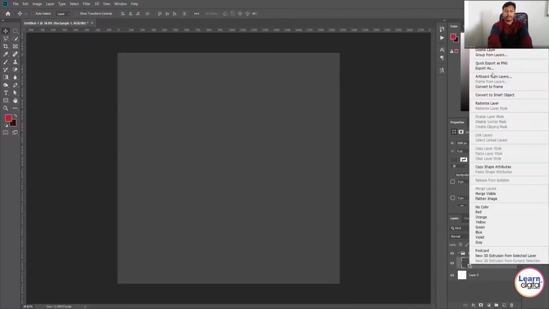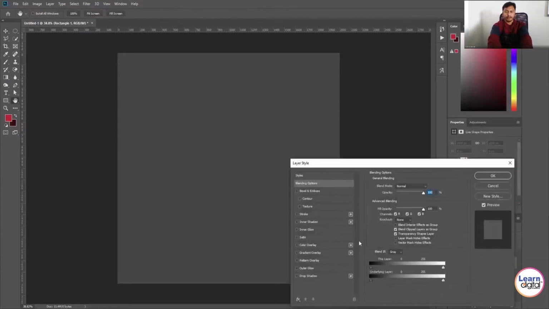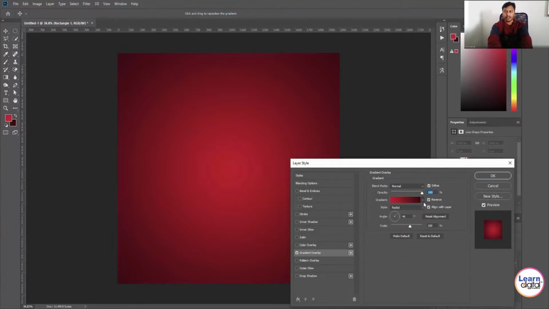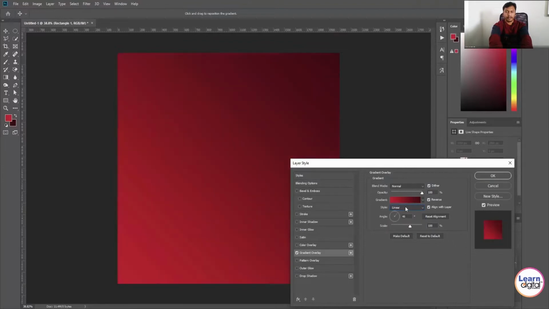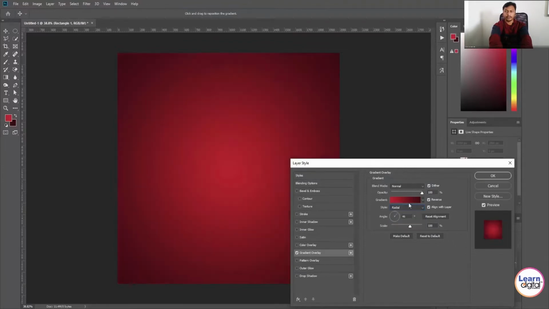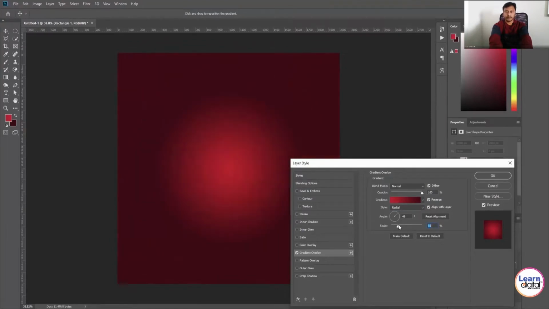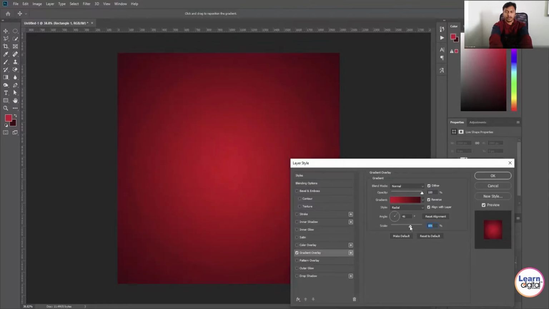Now you can see with the help of layer style, I added a gradient. You can see the color over there. Whatever color you need, you can customize. Whatever type of gradient you need, you can choose: radial, linear, or any other. You have a lot more options to apply the colors also. The scale, the angle, how many colors you need, each individual thing you can play with. Once it is done, just apply it. You can see the gradient.